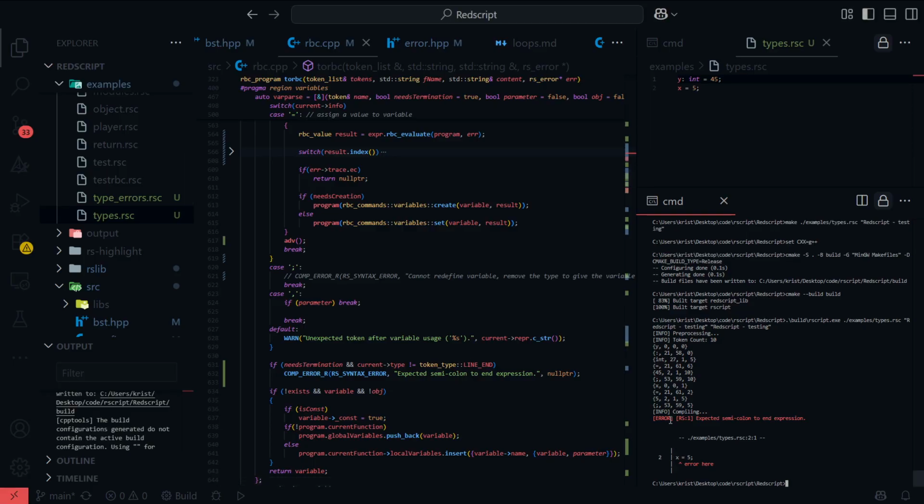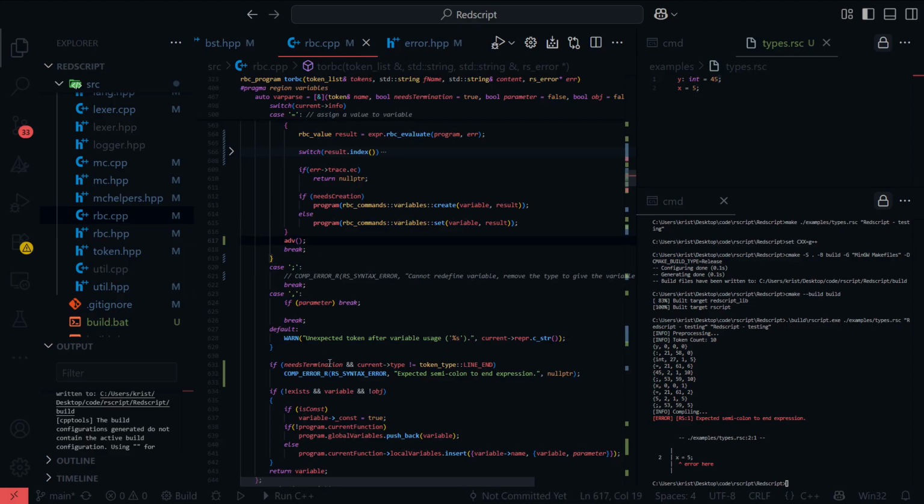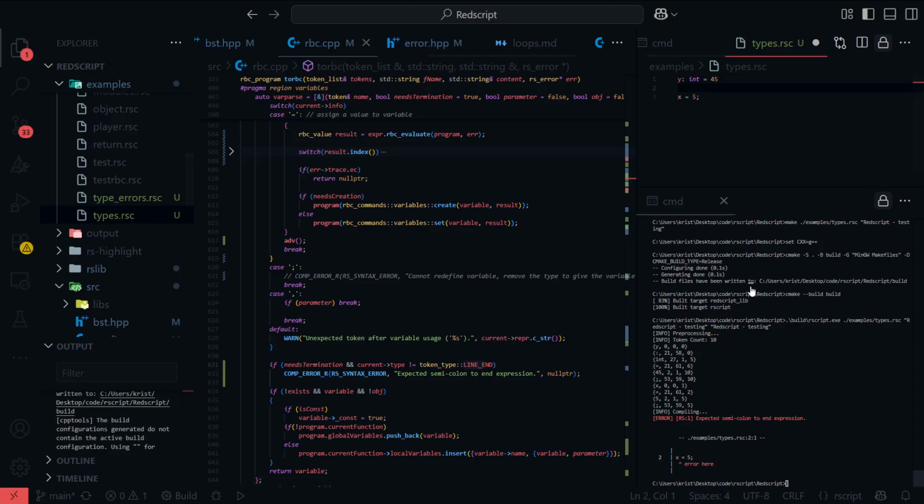Okay, so we get to the semicolon. We advance to the semicolon. And then if the current isn't a line end, well then we expected the semicolon to end expression.